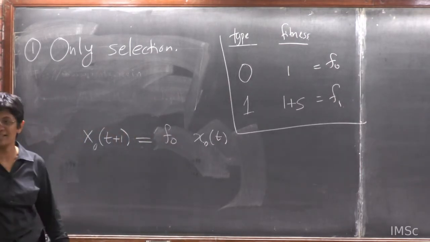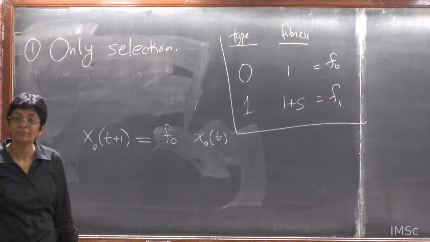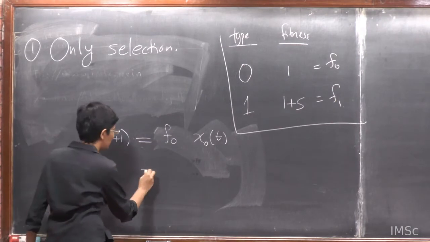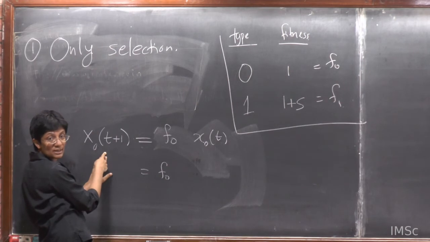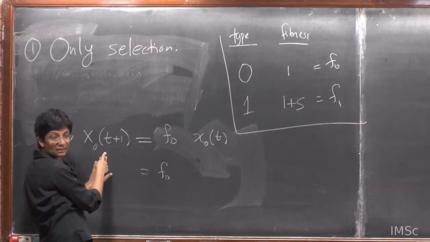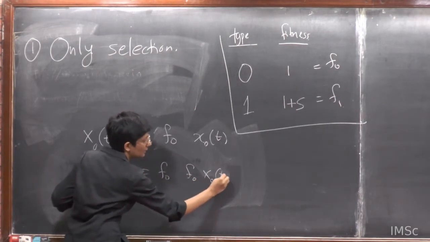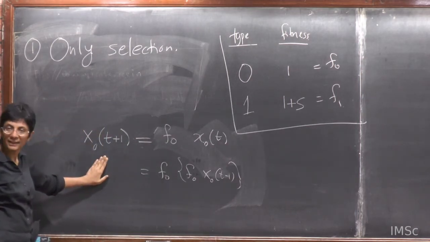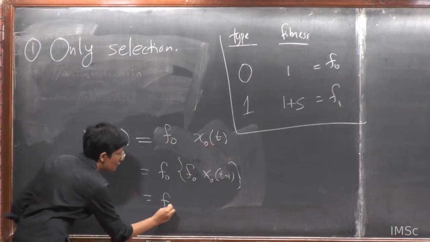So tell me, this is the dumbest equation. What's the solution of this? Yeah, f0 to the power t. This is this moronic thing that we keep doing all the time. How much is x naught t from this equation? It is equal to f naught times the previous one, and then you repeat this, repeat, and that's how he got that, right? So this will be f naught to the power t